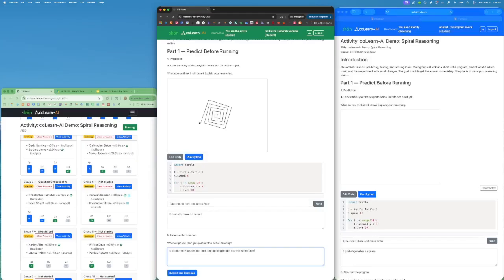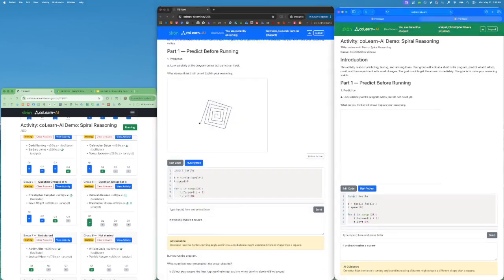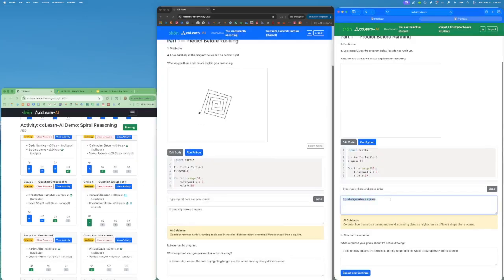Students first predict what the program will do before running it. The goal is not immediate correctness, but making reasoning visible. Here, the AI notices the prediction is incomplete and redirects attention towards the loop structure and turning angle rather than supplying